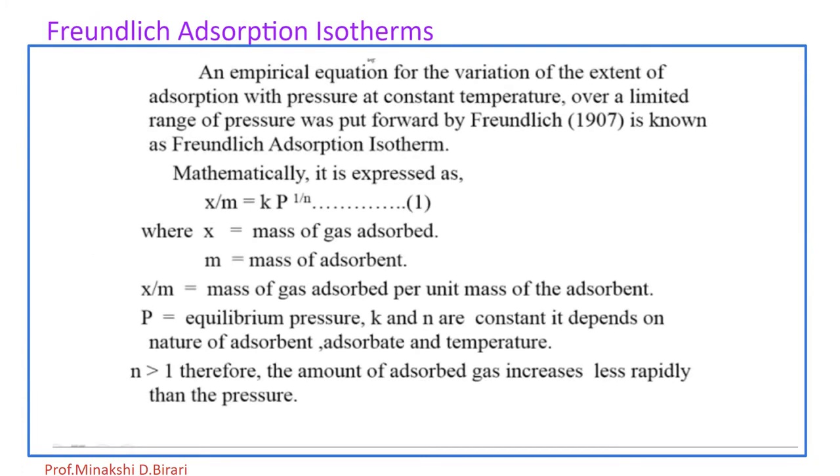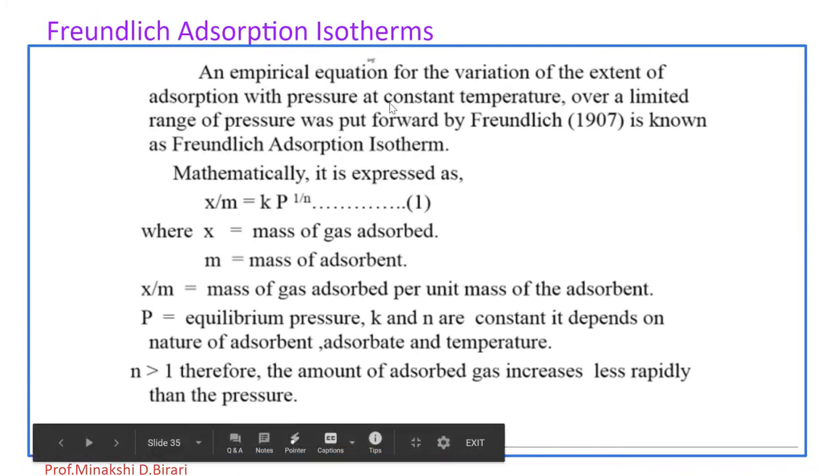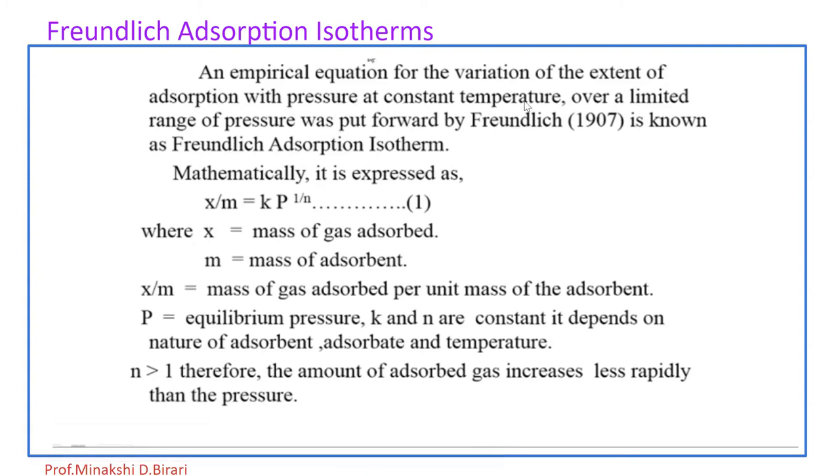So the Freundlich adsorption isotherm is an empirical equation for the variation of the extent of adsorption with pressure at constant temperature over a limited range of pressure. Mathematically, it is expressed as x upon m is equal to k into p raised to 1 upon n, where